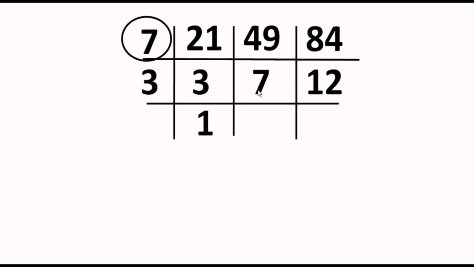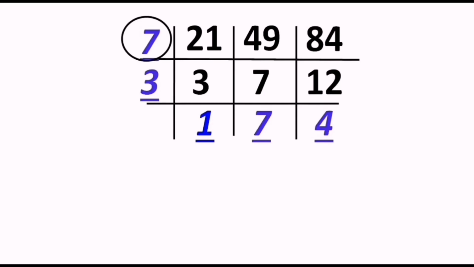7 is not divisible by 3, correct? So 7 we have to copy as it is, because it is not there in the table of 3. And when you divide 12 by 3, we get the answer 4, right? Now check the bottom layer. There is no need to encircle 3 now, because 3 is not able to divide 7, so only two numbers are divided by 3, and hence 3 won't be encircled by us. Keep it in mind. So in the bottom layer presently we have 1, 7 and 4, and all these three numbers are not divisible by any other number, right?